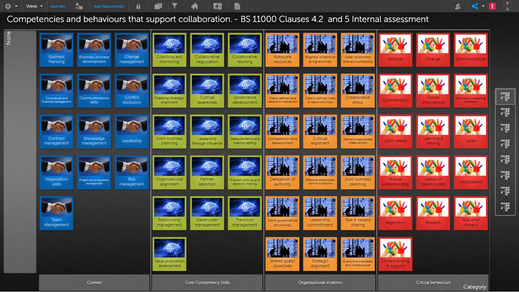Well, now that you've learned more about stage two, the knowledge, and also stage three about doing your internal assessment to work out your strengths and weaknesses from competencies with regards to collaboration. One of the things that is in BS 11000 is Annex C, which has all these behavioral and competencies to look at that support collaboration. And in particular, this is with regards to clause 4.2 in your knowledge and clause 5, which is the internal